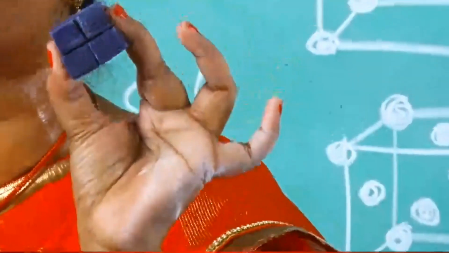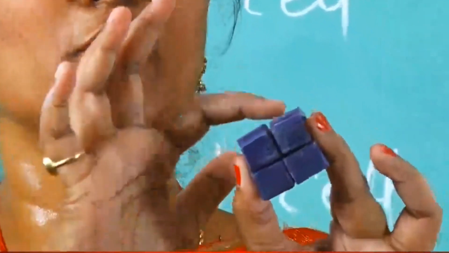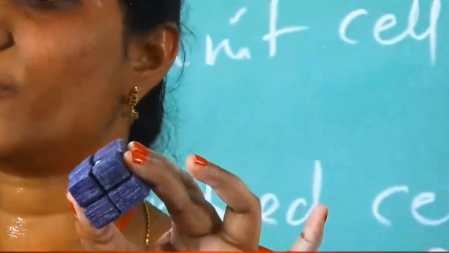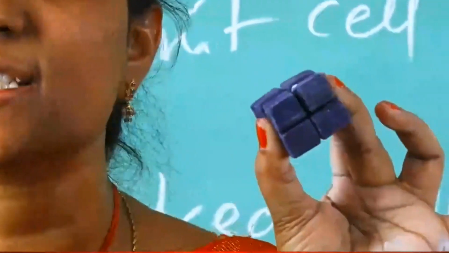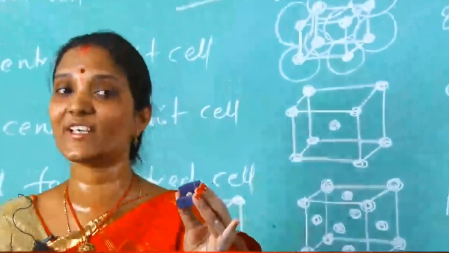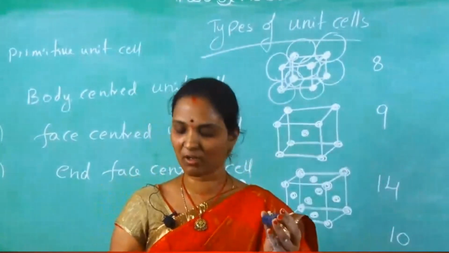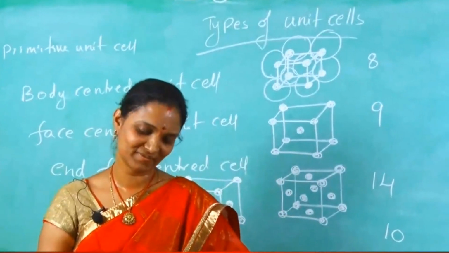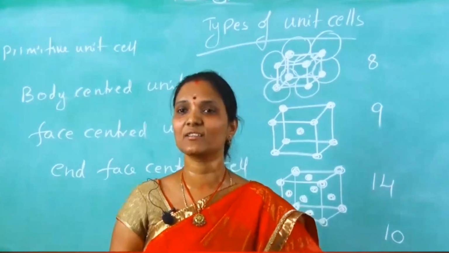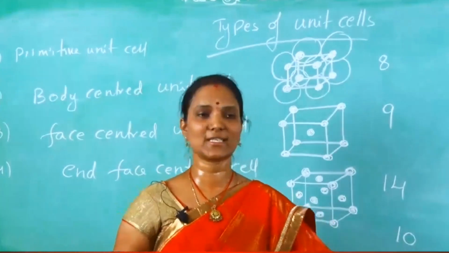So how many unit cells shared here? If one particle is in the corner position, a total of 8 unit cells can share. 4 from that layer, the remaining 4 from the upper layer. So total how many unit cells can share? Imagine this. 8 unit cells, if the particle is in the corner position. Now the particle in the corner position, how many unit cells can share? Now it became roti. 8 unit cells can share.